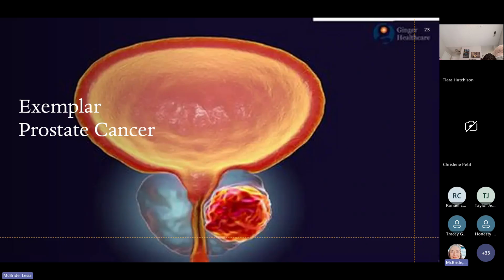Prostate cancer is also the most common type of cancer in men. 99% of those prostate cancers occur in men older than 50 years of age. So if they get cancer, it's usually because they're over age 50. There are accounts of men having prostate cancer into their 40s, though. So definitely any type of urine flow issues should be checked out.